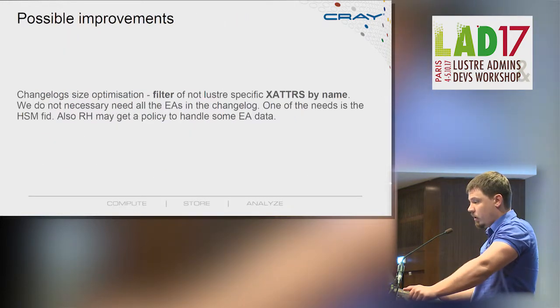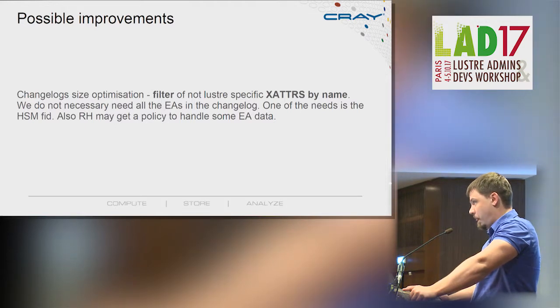Possible improvements: changelog size optimization, and filtering of non-Lustre-specific xattrs by name. We don't necessarily need all the extended attributes in the changelog. One of the needs is the HSM feed. Also, Robinhood may get a policy to handle some extended attribute data. Also, the status of the project,